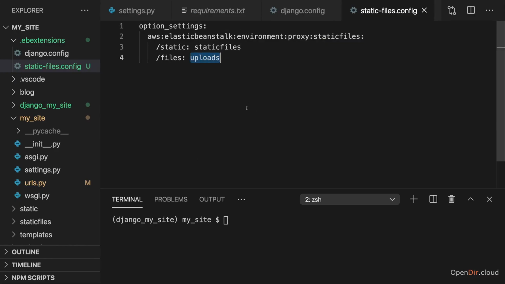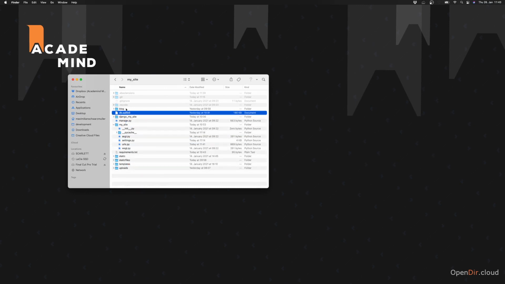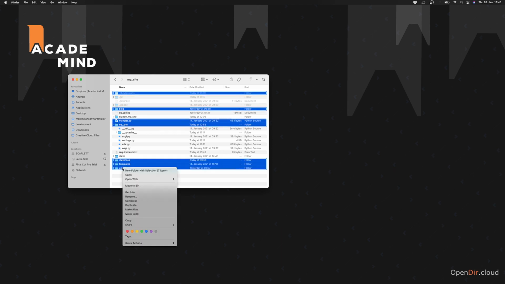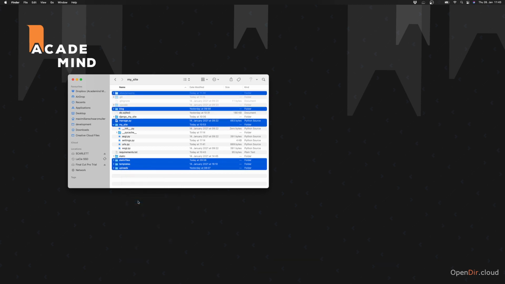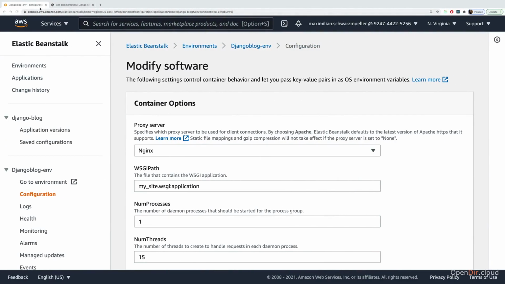Now for this to have an effect, we need to save all files and of course redeploy. So I will again zip all those files together. And of course, you could also look for some CI/CD process which automates this, but I'm deliberately not doing this here, since I really want to focus on the manual steps to make it as transparent as possible what's going on. So once all these folders and files have been zipped together again, we can go back to our Elastic Beanstalk application here